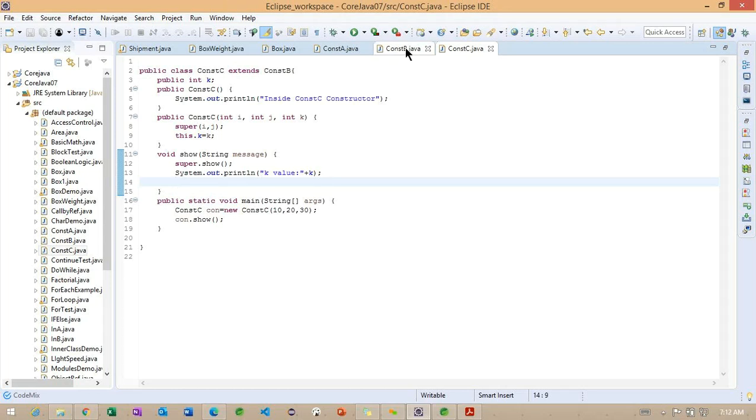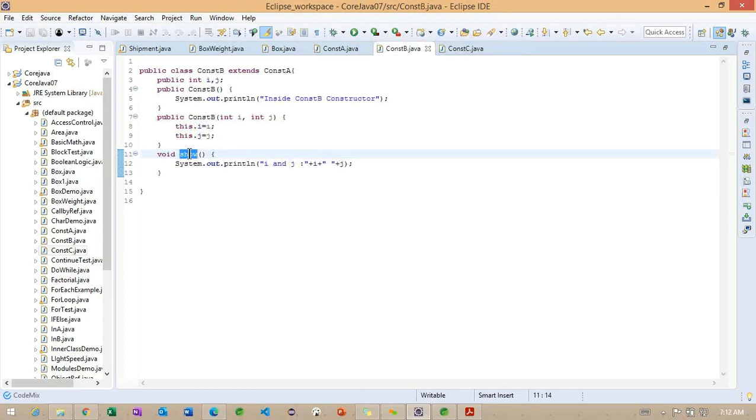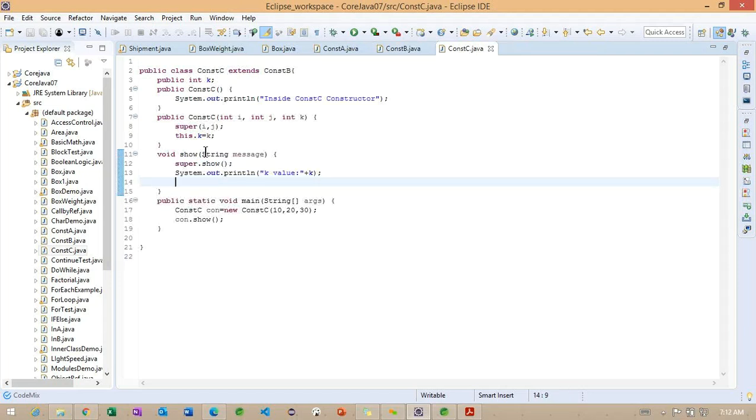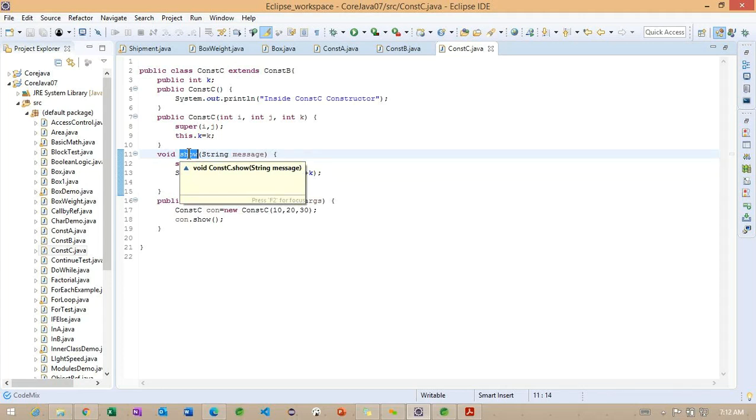But carefully observe, in the superclass we have the show method. It's not taking any parameter. Right. Come back to the subclass here. What we are doing here is specifying one parameter. So in this scenario, this particular show method is not overridden here. So again, we can see this is the overloading concept. The name of the method is the same, but the types of the parameters are different. Getting the point? So this comes under the overloading concept.